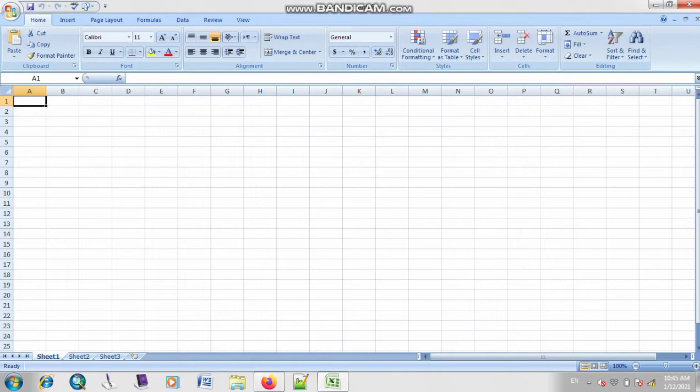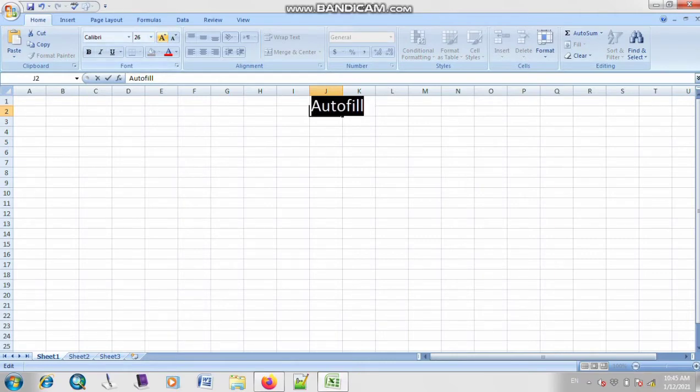So today the topic is autofill, the second one is filter, and the last one is sorting. I hope sorting is very easy and you have done it in the previous lesson also. So let's revise sorting also in this lesson. First of all, let me write here the topic, autofill, and I will make it bigger in size.